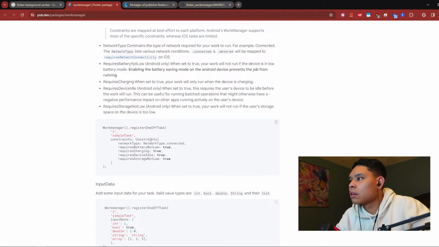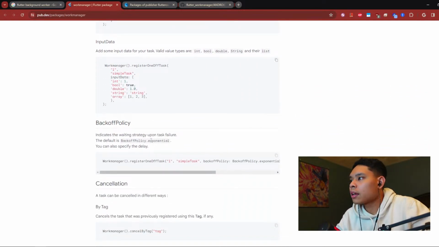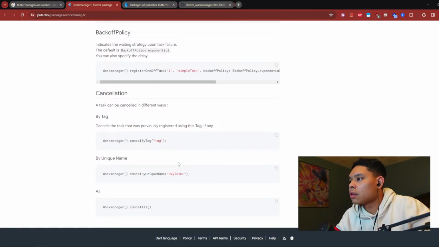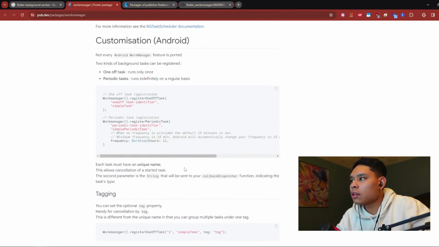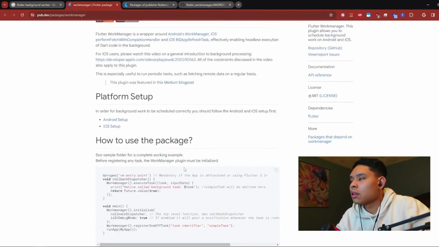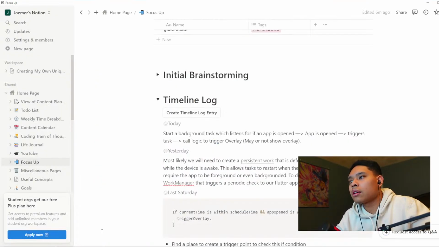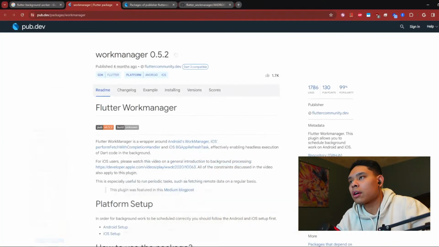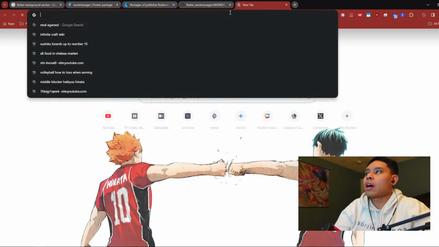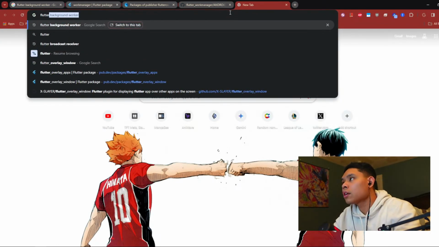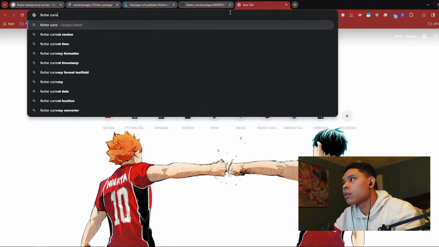So this is more just to listen. Maybe we can use this and have something in the background, and we don't listen for an app being opened. We can instead listen for what the current foregrounded app is. Flutter current